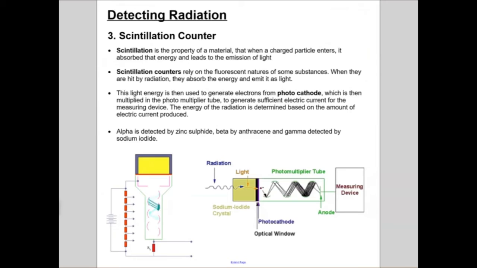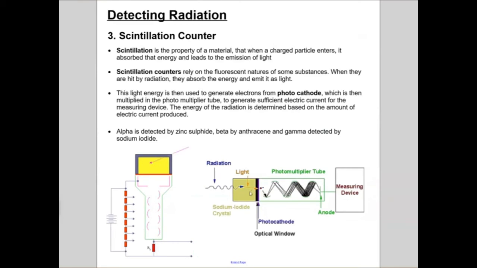Now the last one is your scintillation counter. Scintillation is the property of a material that when a charged particle enters, it absorbs that energy and leads to the emission of light. Right? So whenever these charged particles or this radiation enter into this yellow block, that's your scintillator, it would get absorbed by that medium and produce